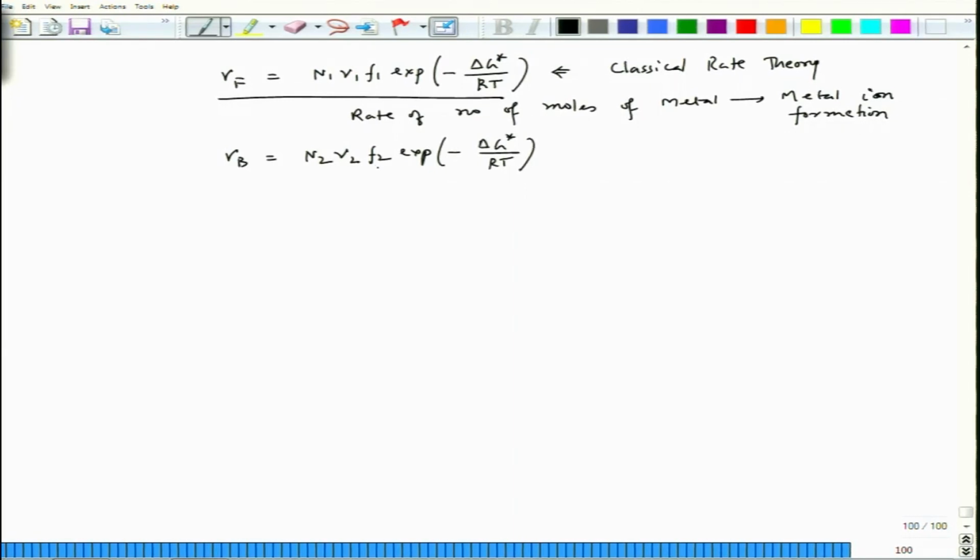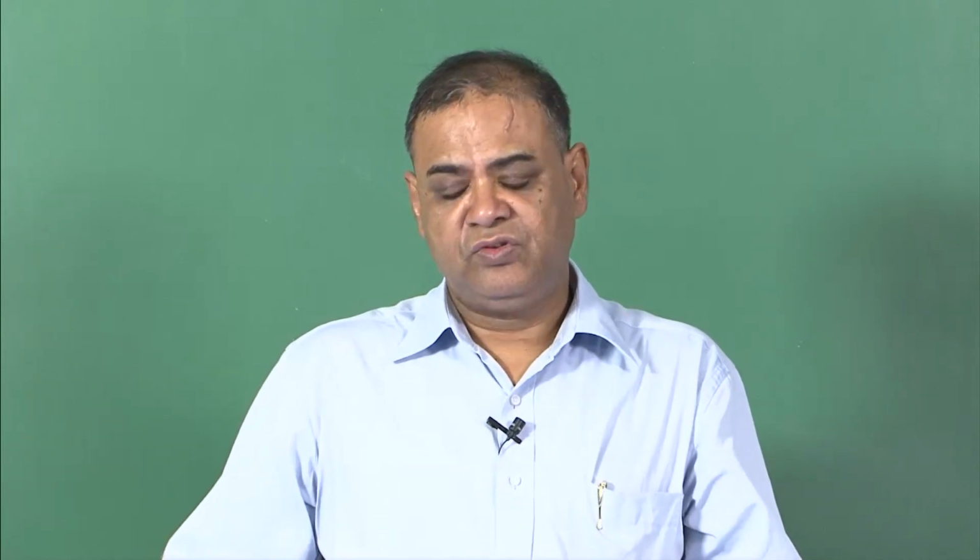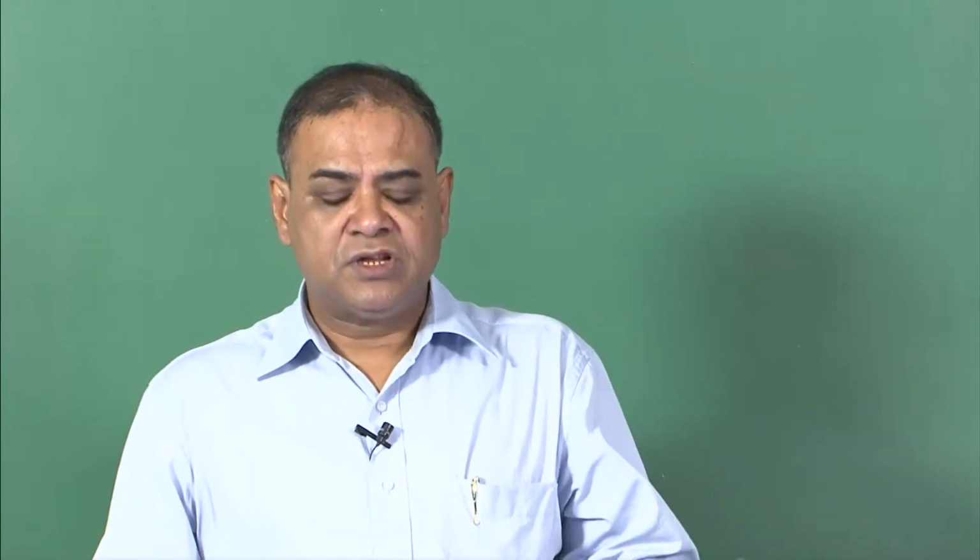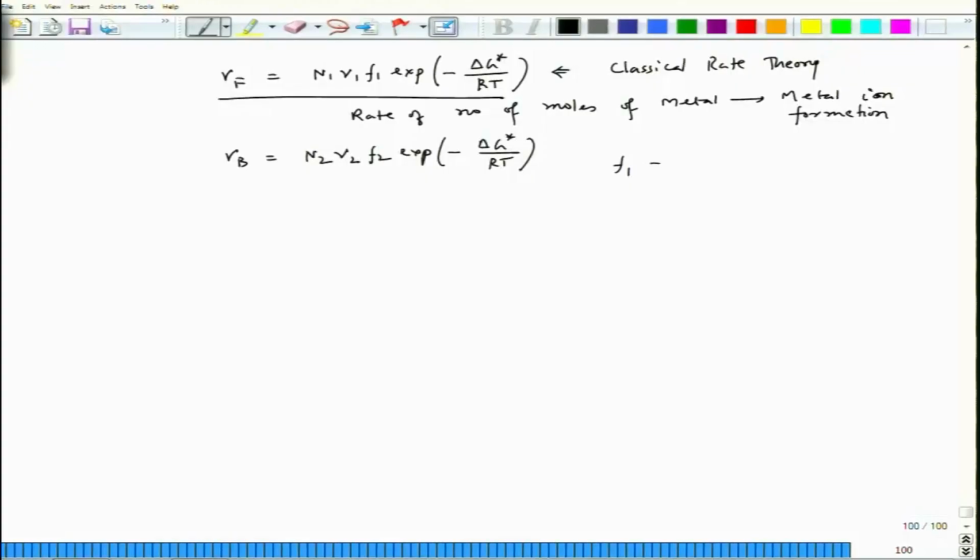Now, if I consider that whatever metal atom goes to the metal ion surface, everything gets absorbed there, or the metal ions which are getting reduced, they all will deposit on the metal surface. Then F1 equal to F2 equal to 1. Since this is a fraction, this becomes 1, because whatever metal ions are forming, they are going to the OHP, or whatever metal ions are reducing, they are going on to the IHP. Now, nu 1 equal to nu 2 is of the order of 10 to the power 13 per second, and for N1 and N2, let us say N1 equal to N2 equal to N,